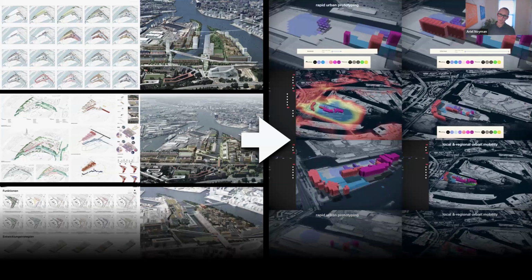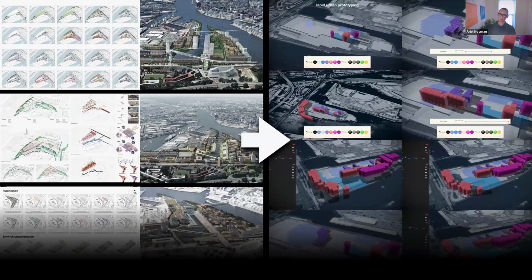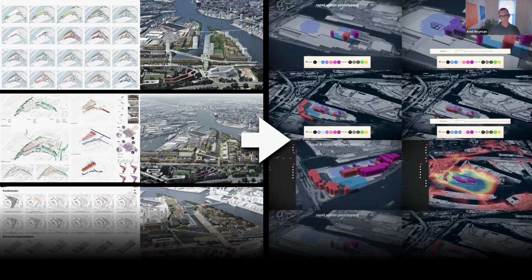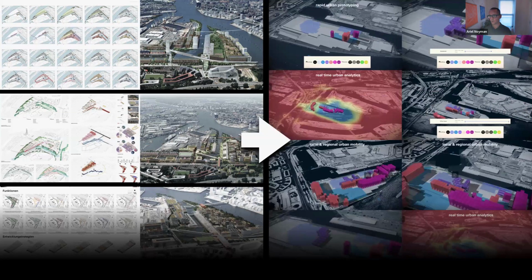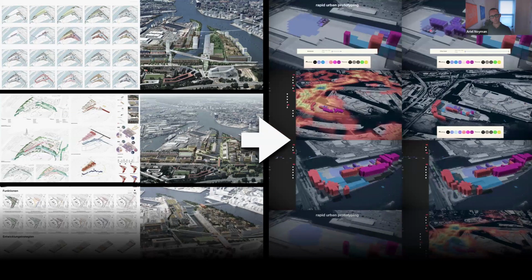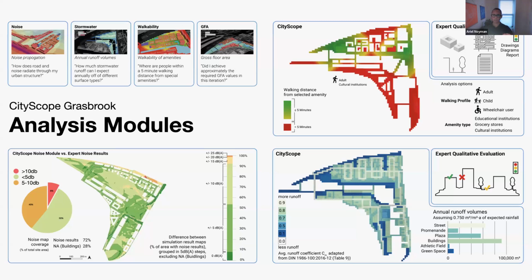But then on the right side, you see the simplification of CityScope through which we evaluate each one of these designs. Specifically in that case, we evaluated each design through noise, stormwater runoff, access, as well as GFA. I'm not going to go deep into that, but I just wanted to mention that building this as a real-time platform allowed the judging team, the evaluation team of that competition, to basically see many, many different versions instead of just the version that was proposed to them by the designers initially.